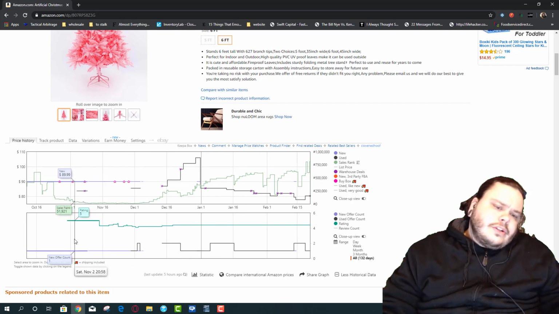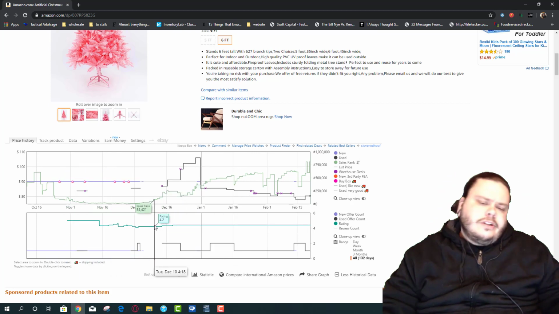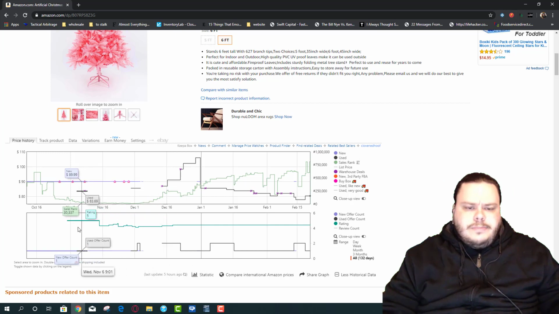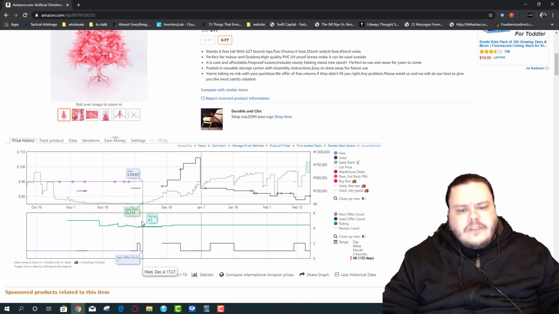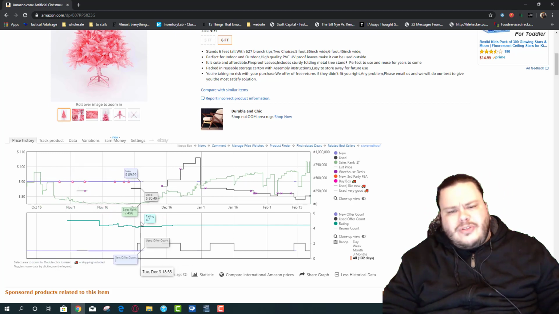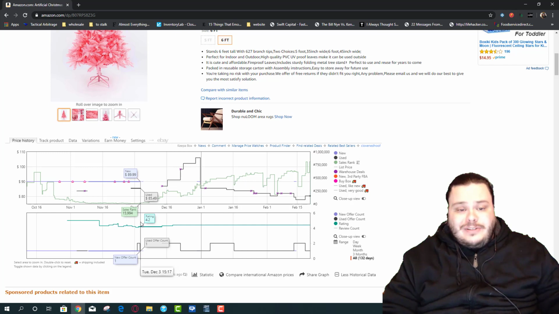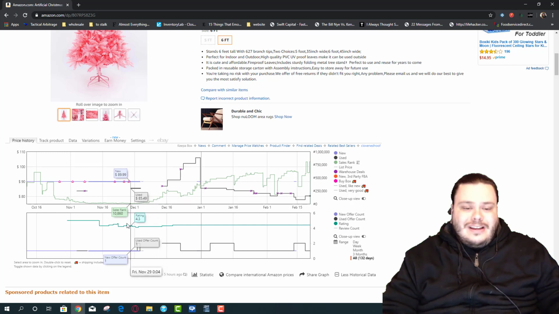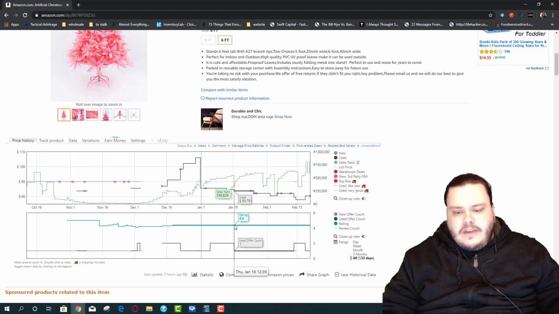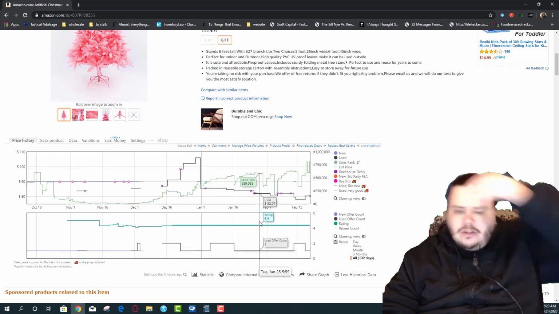So this did launch. Okay, so there's not a lot of history on this. This is one I just grabbed off the Keepa website. We see they did run out of inventory right when, ooh, December 3rd. That is a bad time to run out of Christmas tree inventory, I'll tell you that right now. But this was selling very well. We have one new offer count on that.